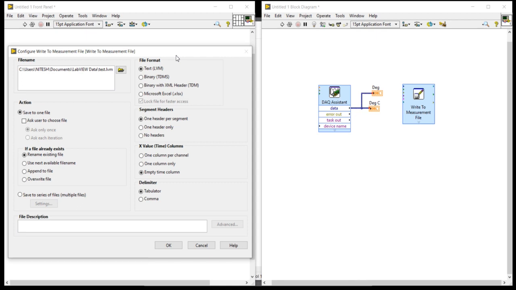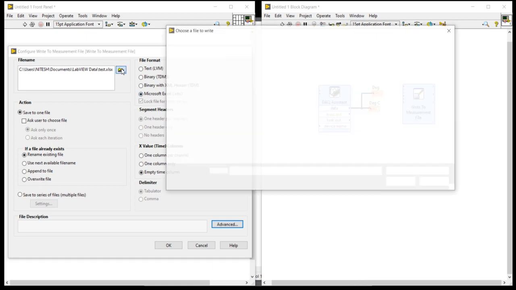In this configuration window, first select the file format. For us, a human-readable file is quite easy, so here I am going to select Microsoft Excel. Now I am going to select the target file location.